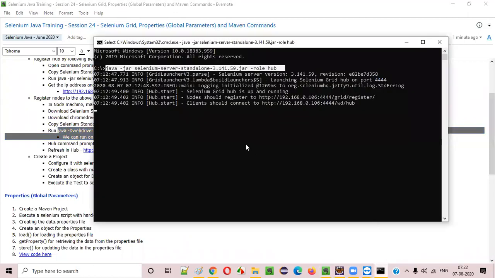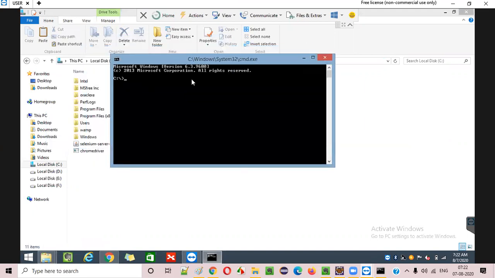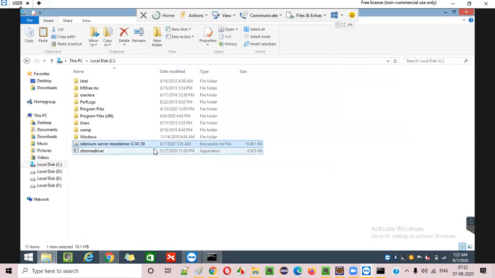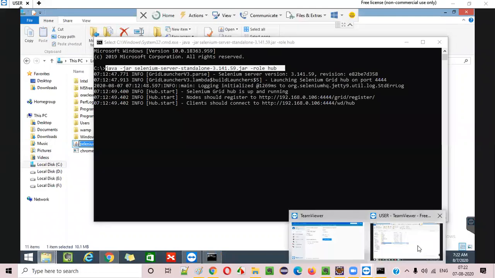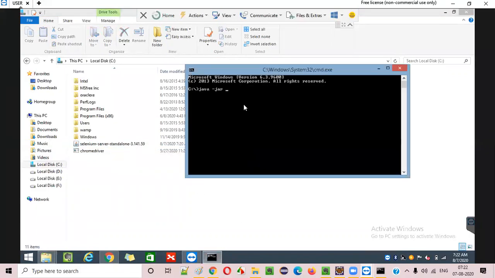So let me explain in a detailed manner how to do this. First of all, from the C drive, again, say cmd so that the command prompt will open at the C drive location. Type the same command, java hyphen jar, then this one, right? Copy this, paste it here, say dot jar,